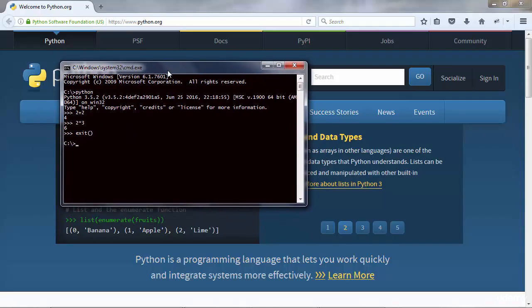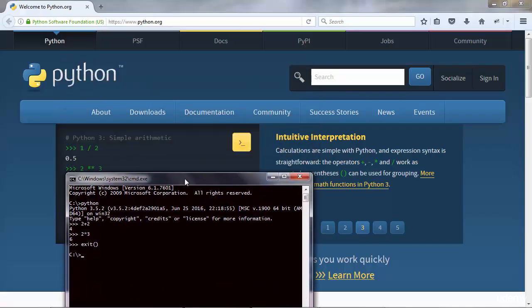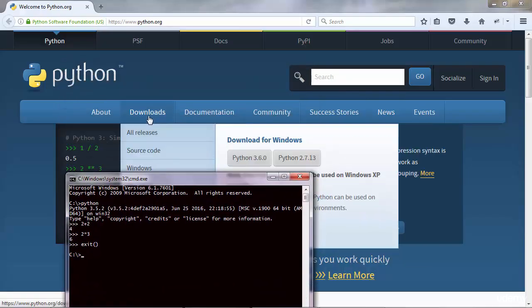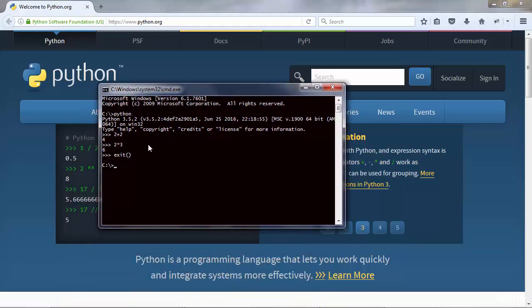Now, something you probably noted was that the Python that I opened was version 3.5.2. But why is that? Because I installed Python 3.6. So why did I get Python 3.5.2? Well, the answer is that I already had Python 3.5.2 installed on my Windows.